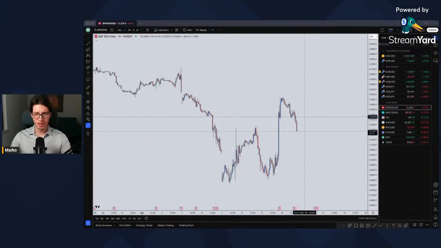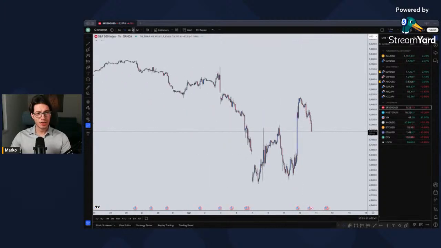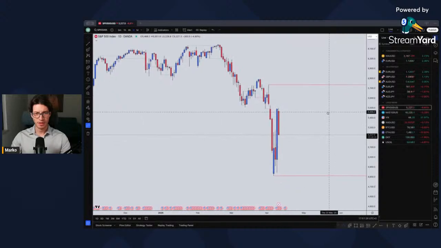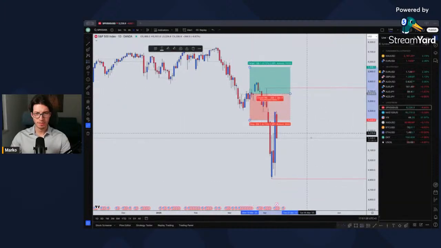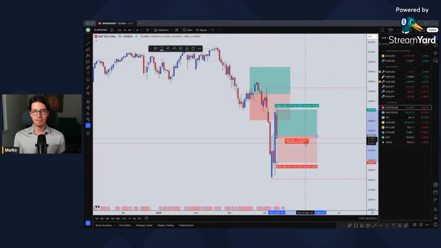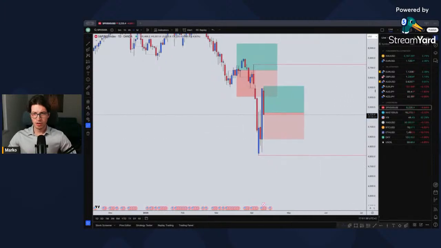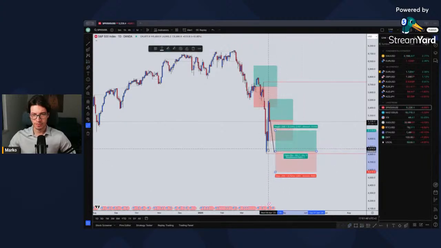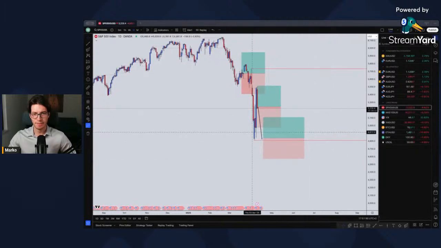S&P, continuing with the sell-off. I did actually buy some more long-term S&P, okay? My first buy position was here. Second, bought today, okay? This is a very, very long-term hold, so if we do go lower, I'll definitely get some more. So let's say we go back to these levels, I'll definitely buy some more. I kind of missed this level, but that's okay. And if we go even lower,